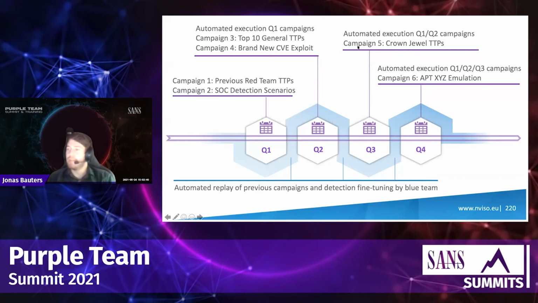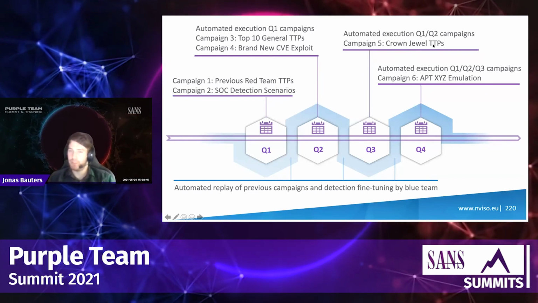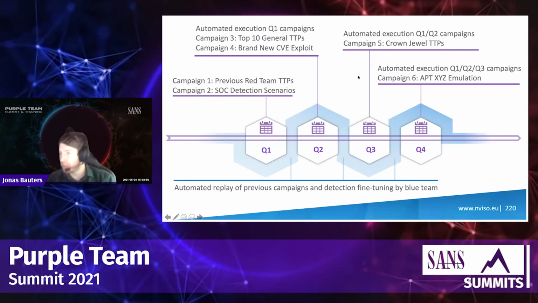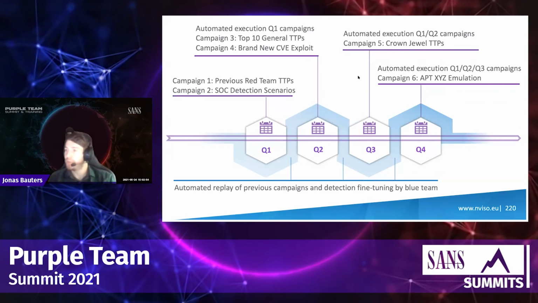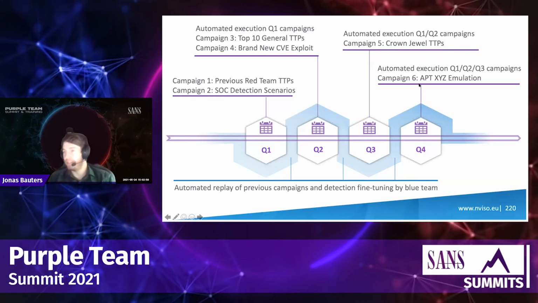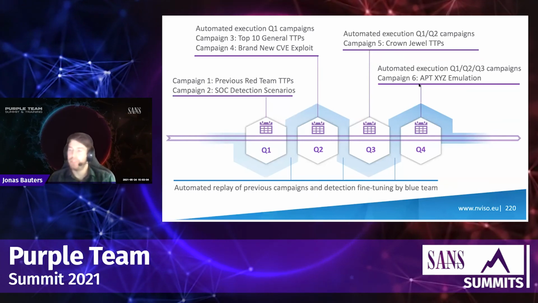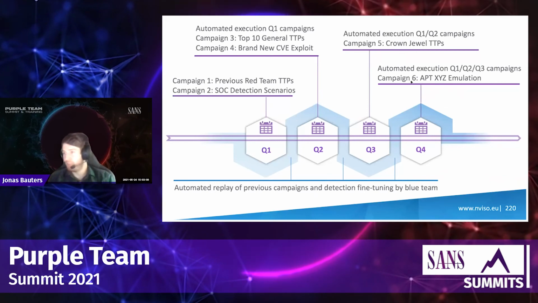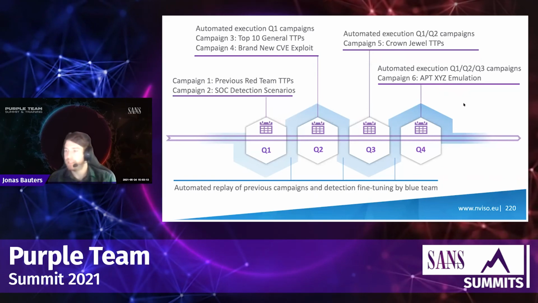So last 2 examples of these campaigns could be TTPs, so techniques aimed at getting to their crown jewels. So specifically lateral movement to crown jewels, for example. So you know whether or not detection is available for their most important assets. And then finally, which was also the final layer or the final bar in the offensive security maturity model, the adversary emulation part. For campaign 6, we could choose a specific threat group and emulate their techniques.